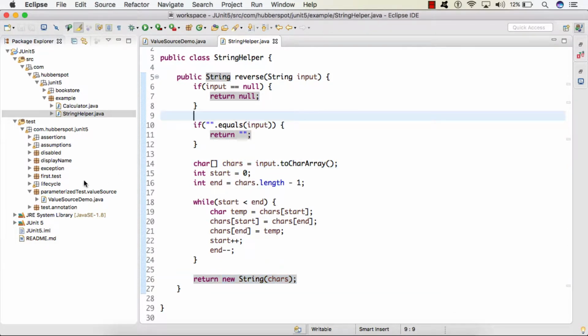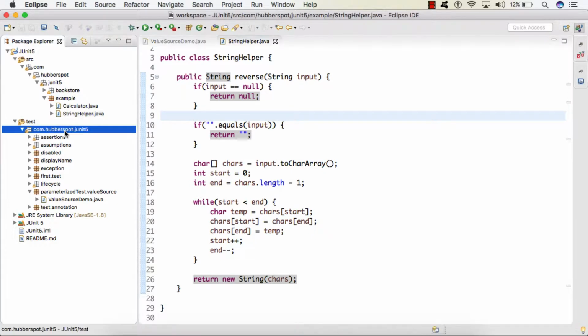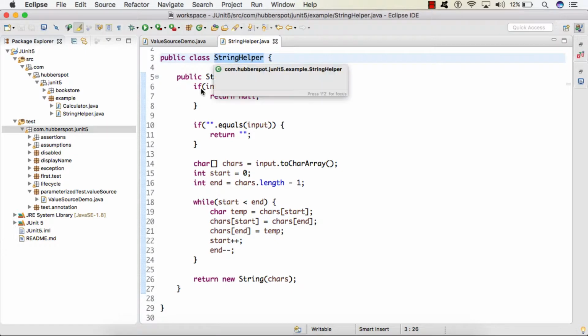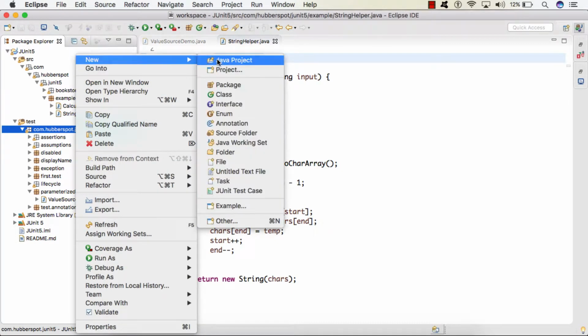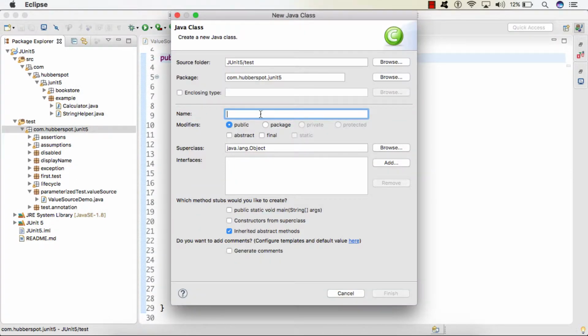So friends, now let's go to our test folder. We'll see how we can use @NullSource and @EmptySource to test the reverse method of the StringHelper class. So here I will create one test class. We'll give it the name NullAndEmptySourceDemo.